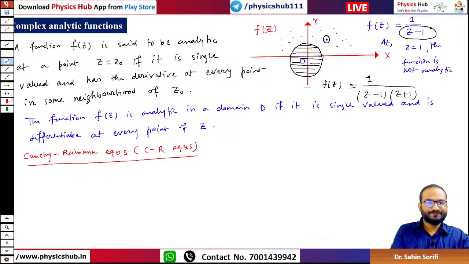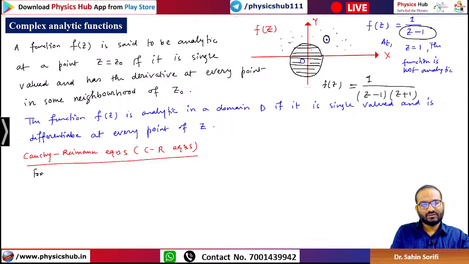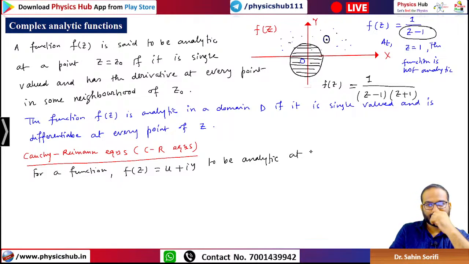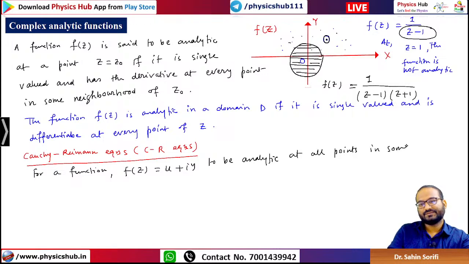For a function f of z equals u plus iv to be analytic at all points in some region R,